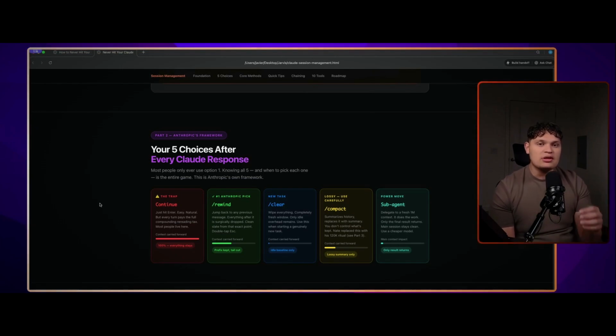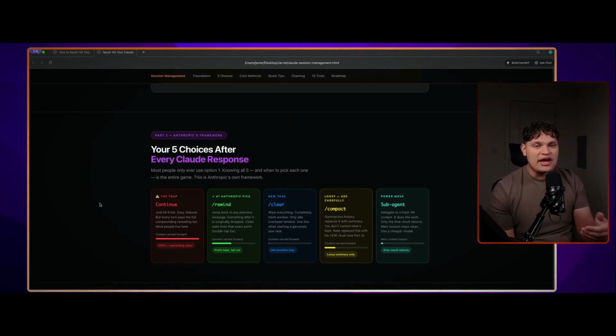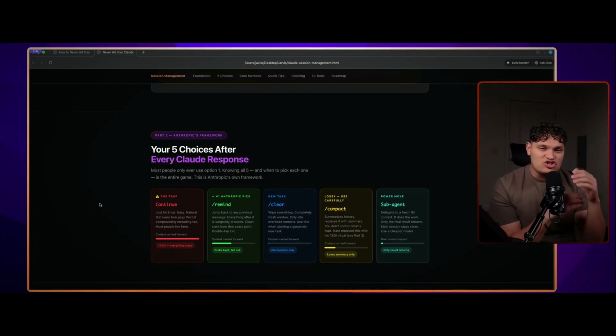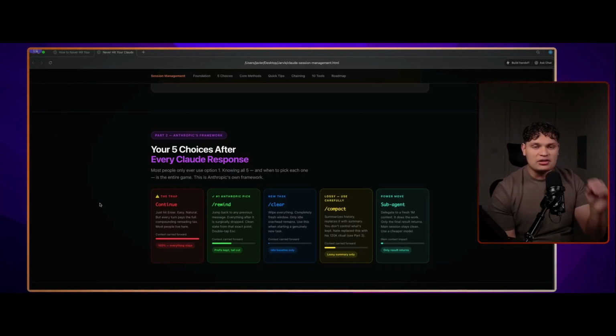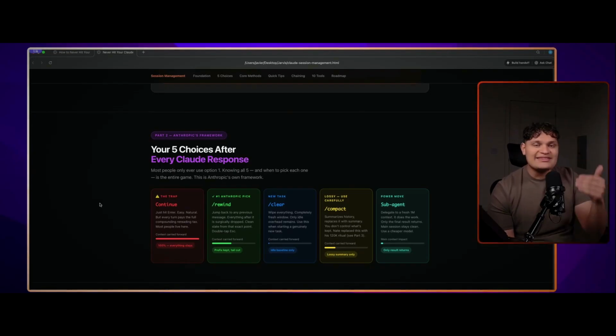The next one is going to be /clear, which is as it says, right? It's clearing the full chat and starting new. You do want to do this frequently because you don't want to continually just compound over and over. Even with /rewind and everything, you want to continuously also clear, so you're wasting fewer tokens.